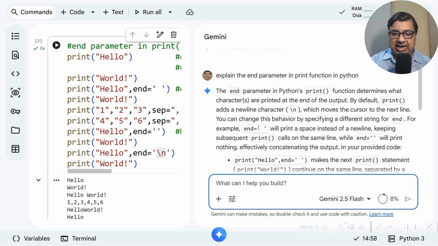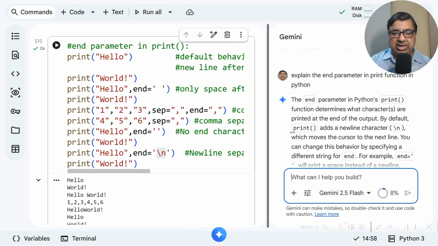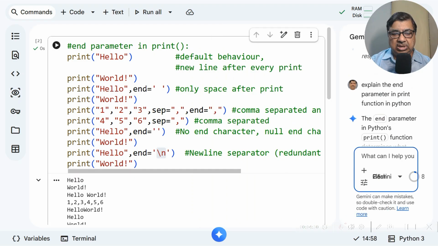For example, end space will print a space instead of a new line, keeping subsequent print calls on the same line. So remember that whenever we use the end character, the new line behavior is changed with that particular end character. It can be a null character, it can be a space, it can be any other character: comma, hash, backslash n itself, right? So it can be anything.